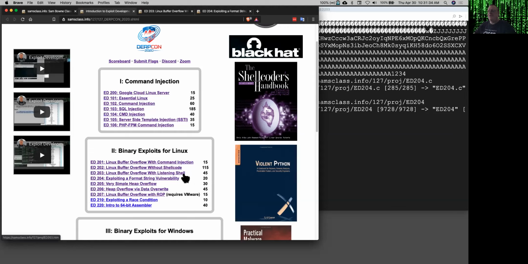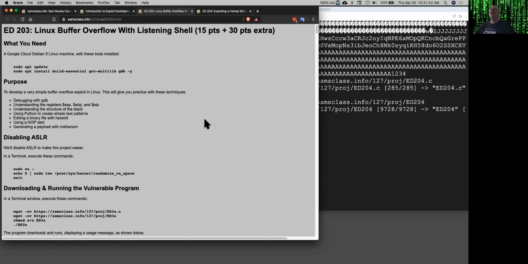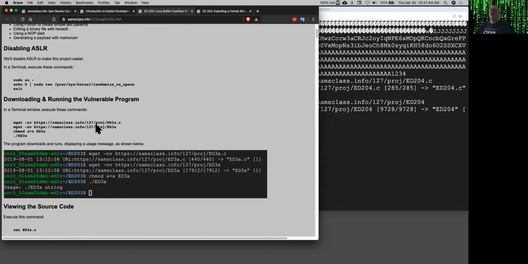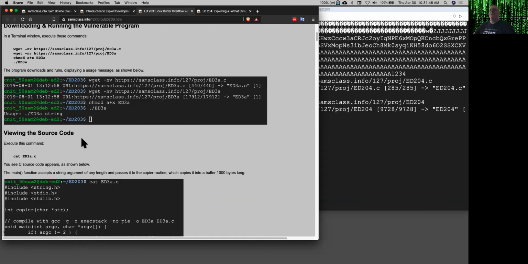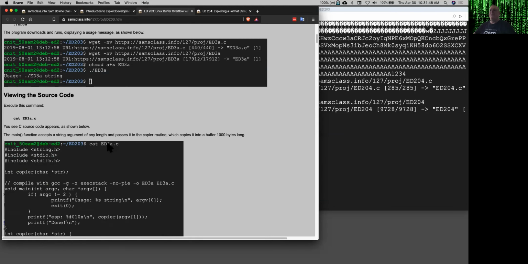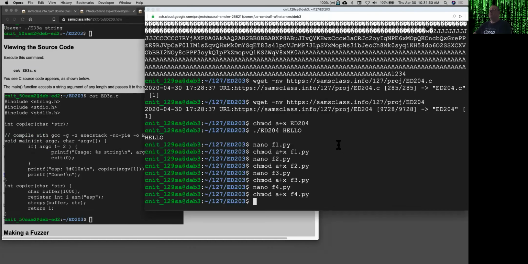When buffer overflows first started becoming popular, back with the original article in Phrack from Aleph One, is where you inject your own code. So here, what we're going to do is have a vulnerable program, and you just download this thing, and you can look at the source code. Let's look at it here,